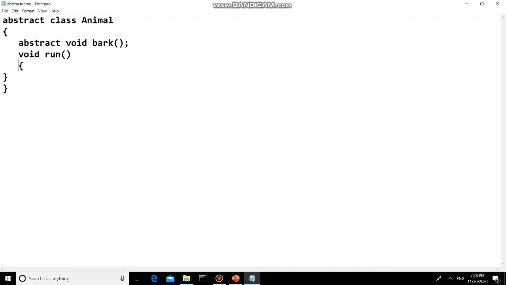So there are two methods present in this animal abstract class. The first one is bark, which is an abstract method because it has only a signature, and second I am taking the run method, which is a non-abstract method because its body is present, and this is not allowed in interface. I am simply adding some message, the dog is running.